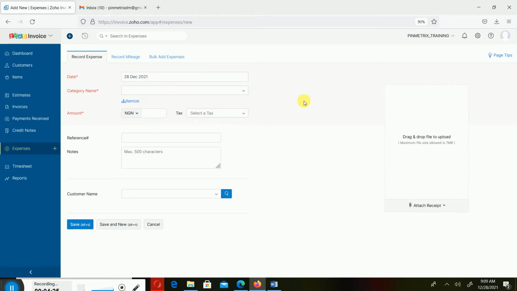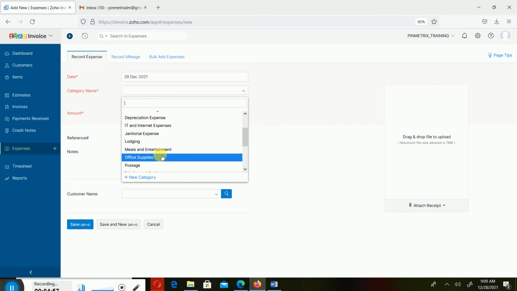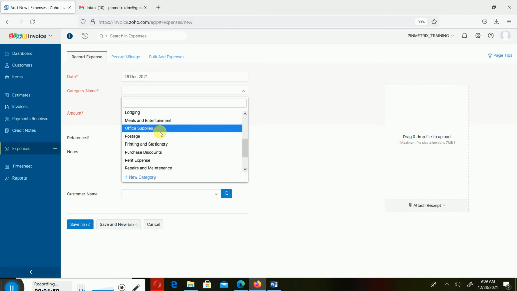Next is the category name. You need to understand the expense you are dealing with first. You can categorize all your expenses, for instance according to meals, or according to selling and distribution. Look at this now: advertising and marketing, automobile expense, consultant expense, credits. So if you have things like, let's say, subscription,